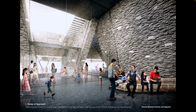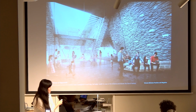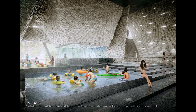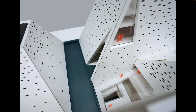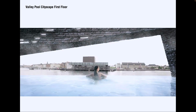And those of you who might have experienced visiting an onsen in Japan, it has this natural outdoor pool where you can enjoy being outside and still being inside a warm pool. So we wanted to bring that culture into this foreign land of Denmark. There's a lot of playful aspects of the warm pool, with cascading, playful areas for children, in an exterior set in between the roof. This one has a narrow body pool experience that is connected by a staircase, which is also placed outside. So one can go through this staircase and swim your way through this warm onsen-like experience,